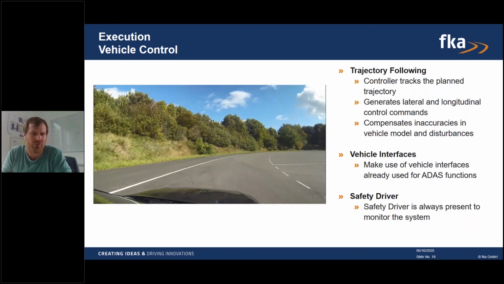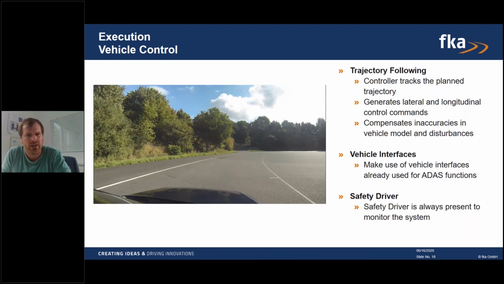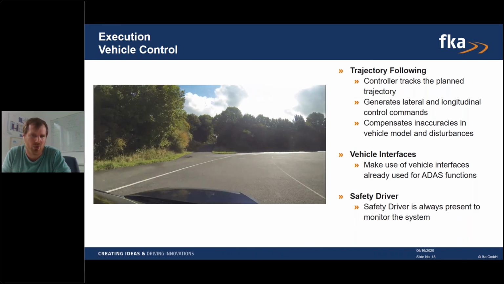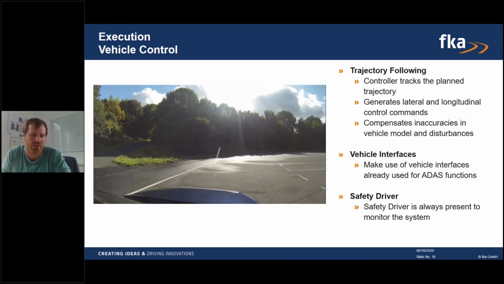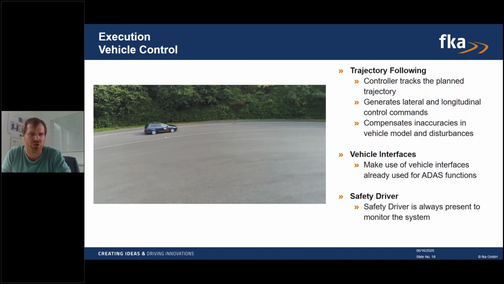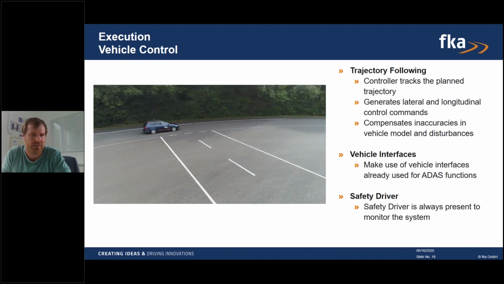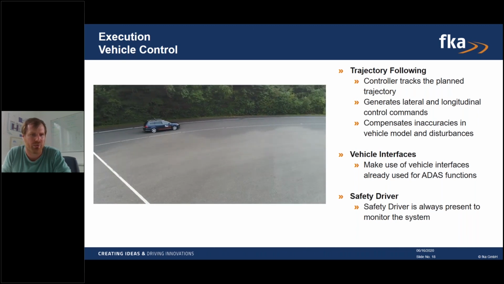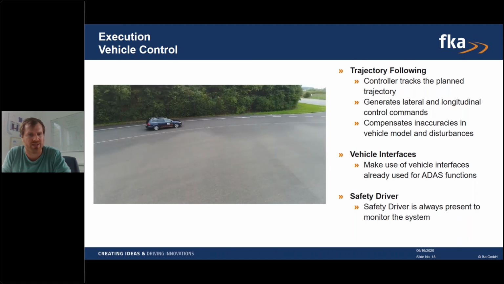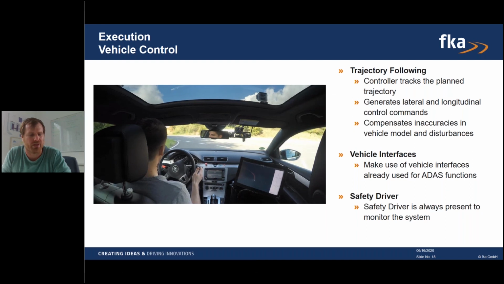And the backup plan for us in this case, if you drive on public roads, and that's a good idea, is to have a safety driver on board, always monitoring the system behavior and making sure that you can test on the road safely. All the algorithms you maybe tested already in simulation now need to be verified in